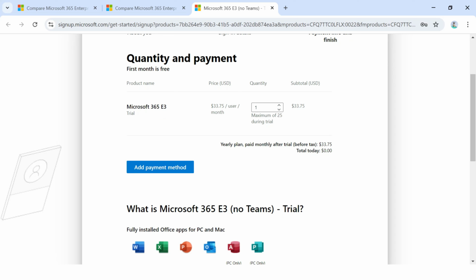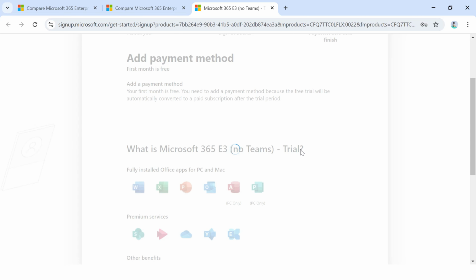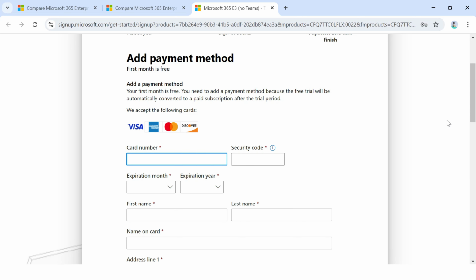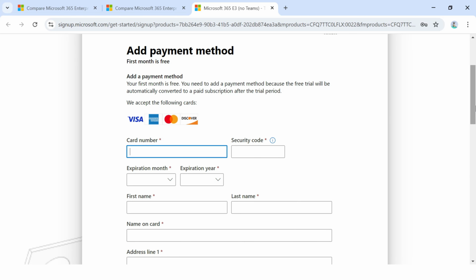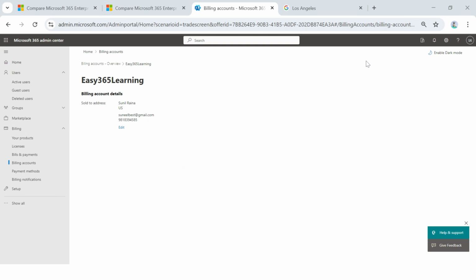Okay, fine. So it's showing me Microsoft 365 E3 trial. Now it asks me to add a payment method. So let me just add my payment method now. I'll add my payment method, and for that period, I'll just pause my screen. Thank you. Once I put the payment details in, I just hit submit, and now it takes me right to